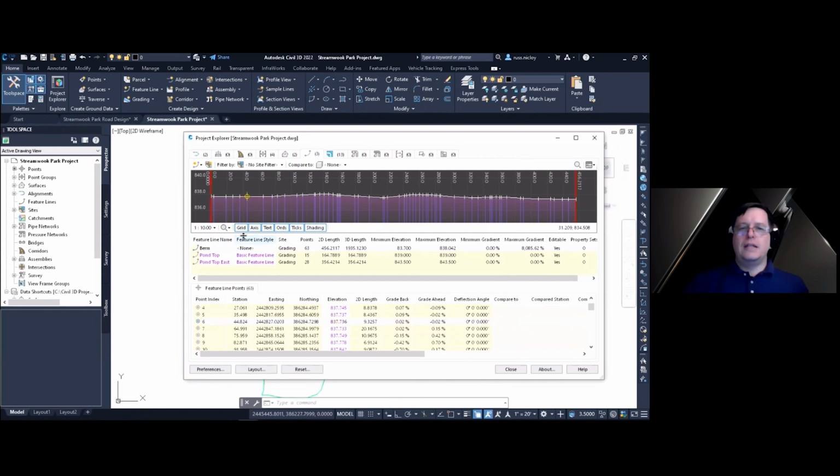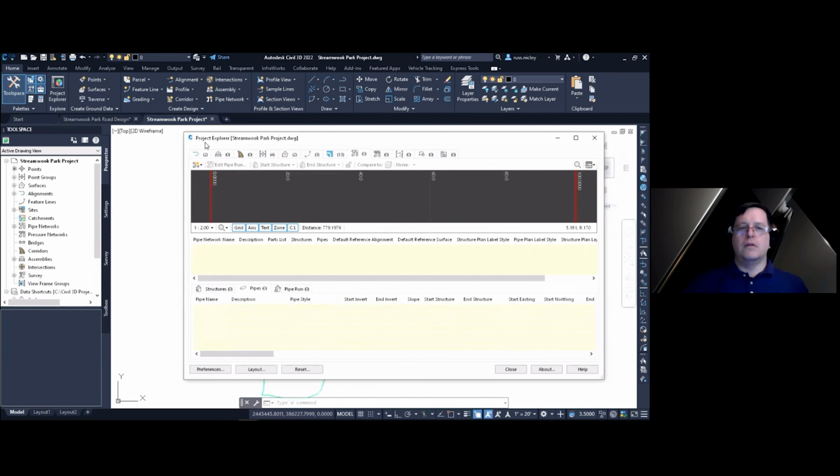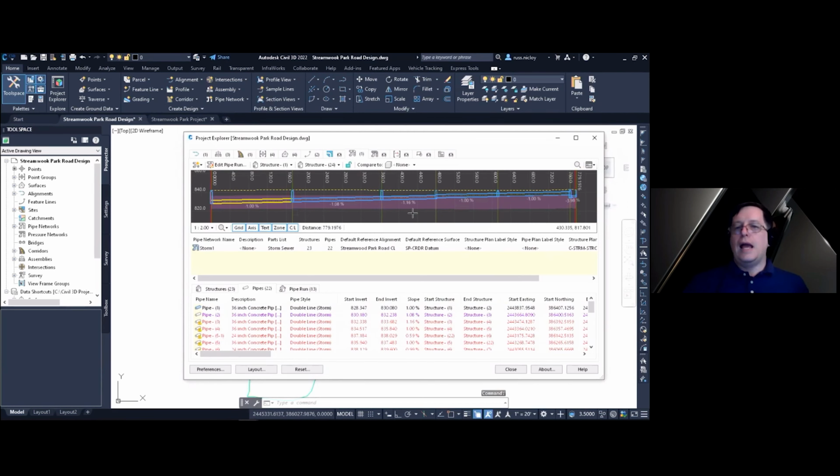So there are other things in here. In fact, let me actually go to the road design here. That's where my pipe design is located. And in here, as far as visual confirmation goes, there's this red shaded area, or kind of dark red shaded area down here. What that is showing is the pipe rules for this particular network. The pipe rules have a minimum maximum depth set, and so it's shading that in this particular view. That way I can check to see where my pipes are breaking my minimum or maximum for that matter.